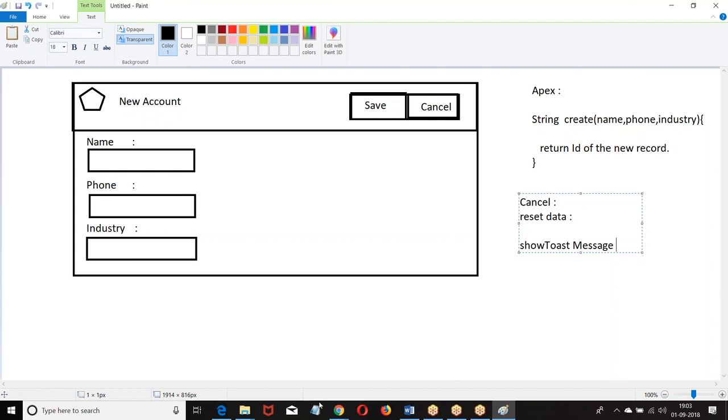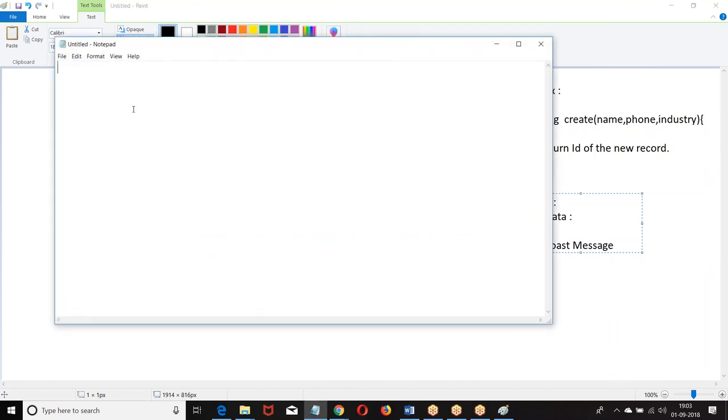So how did you do that? If you want the Apex class to be available, it should be a public class, and the method has to be enabled.